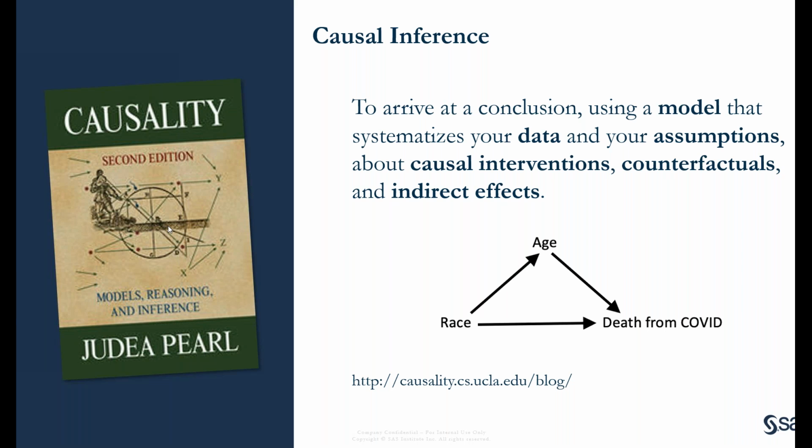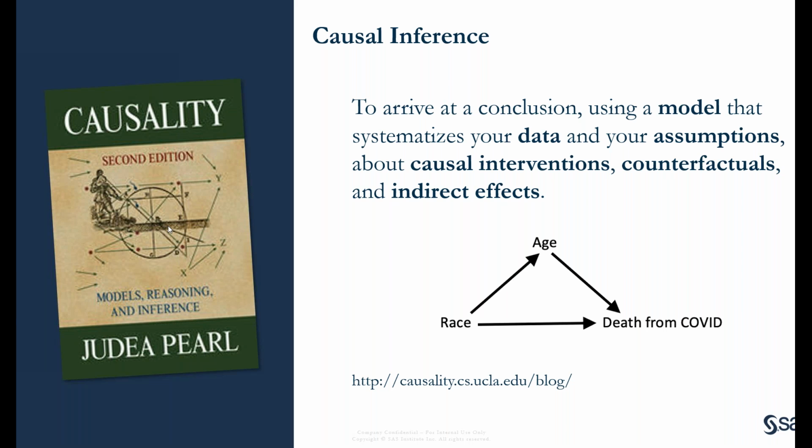And Judea Pearl won the Turing Prize a while back for his work in this area. The Turing Prize, if you don't know, is like the Nobel Prize for computer science. He runs a blog out of UCLA, and this was one of his causal graphs. It's a way that he's developed to reason causally, and he actually is talking about COVID. So I was like, well, I gotta put it in.